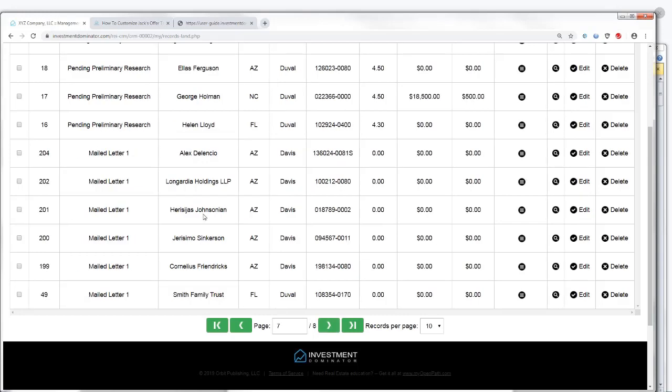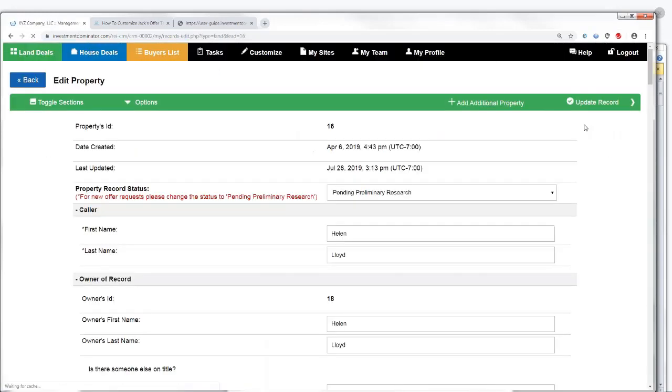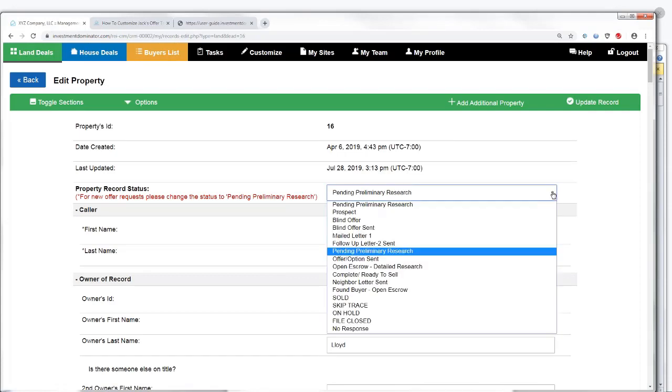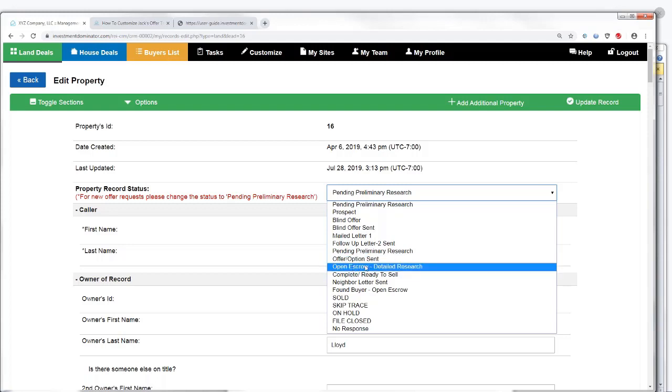So you go, obviously, I'll just open it up. From pending preliminary research, to offer option sent. And then of course, when they say I accept your offer, you're going to open escrow here, and you're going to do a detailed search. Now, after you do that detailed search and you've gotten all your information from the county, your next step is to complete ready to sell. And I'm just going to say this one